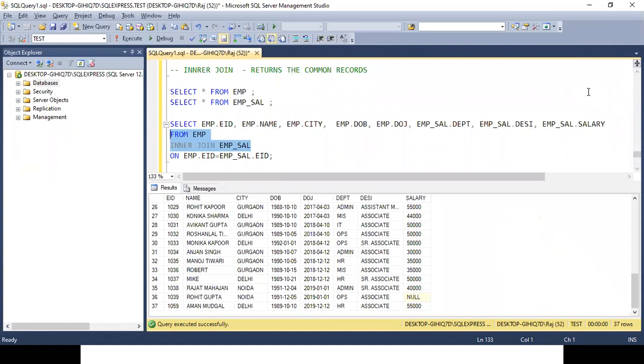If I have the entry of E1030 multiple times, every month I will be making an entry into this table, then you will be getting multiple records. So in that scenario, suppose the name of E1030 is Konica. Konica will appear multiple times in the output which you are trying to get.